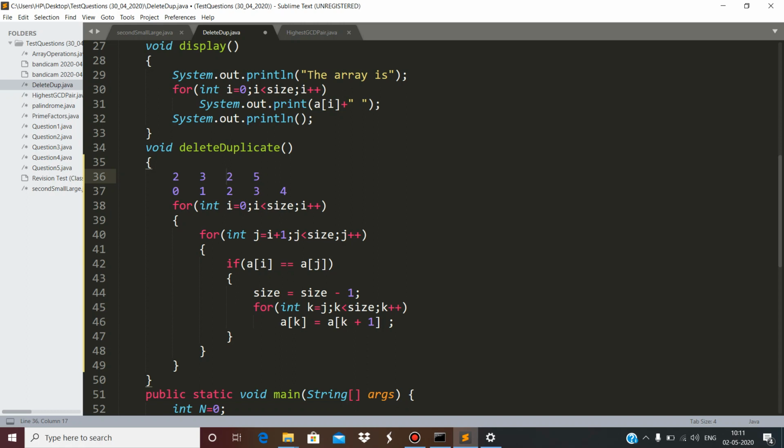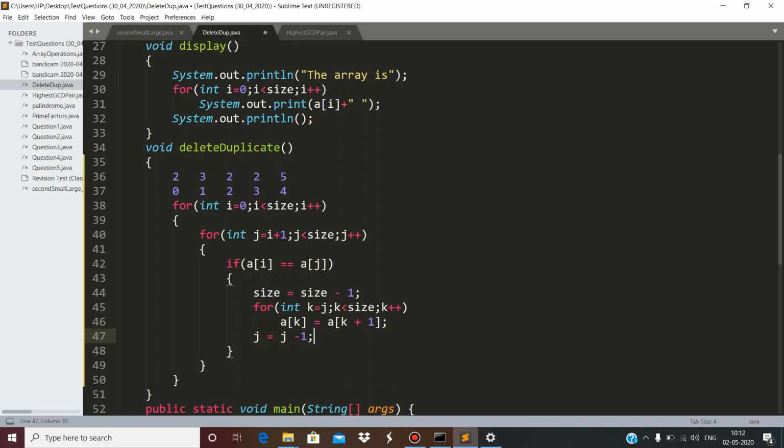So what will we do in that case? This problem will happen only when there are consecutive duplicates, like 2, 3, 2, 2, 5. If there are consecutive duplicates of any element, then this problem will happen. So before we increment j from 2 to 3, j will get decremented by 1.